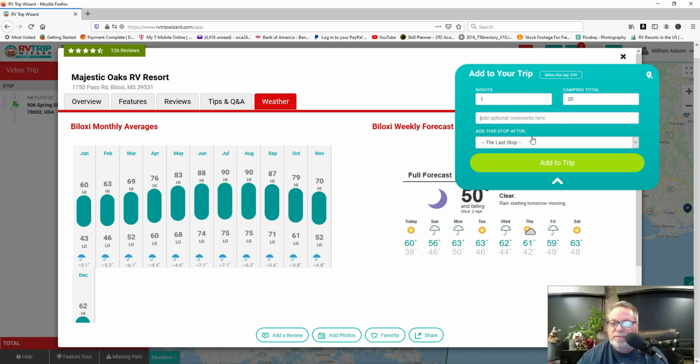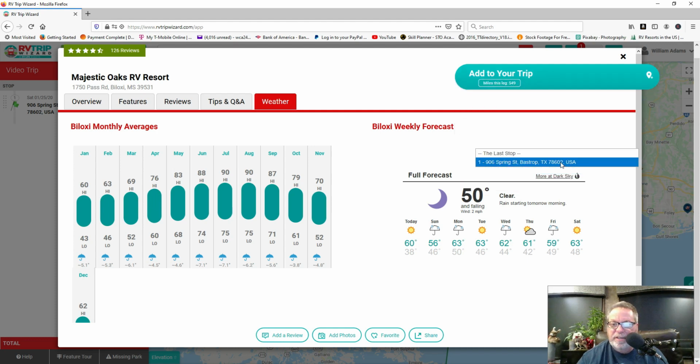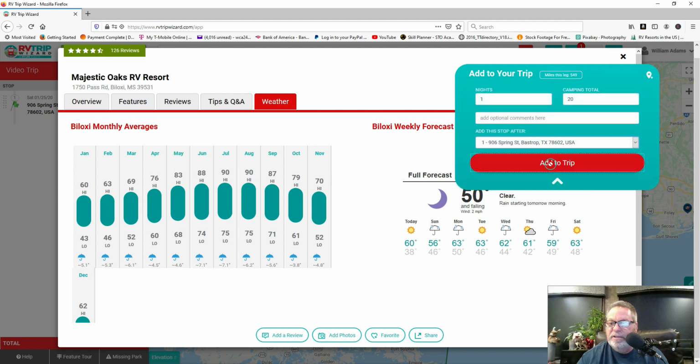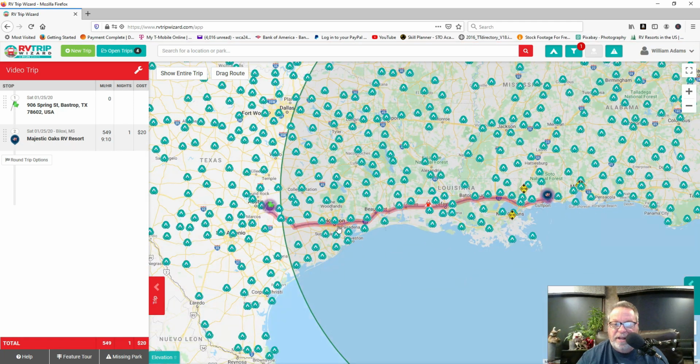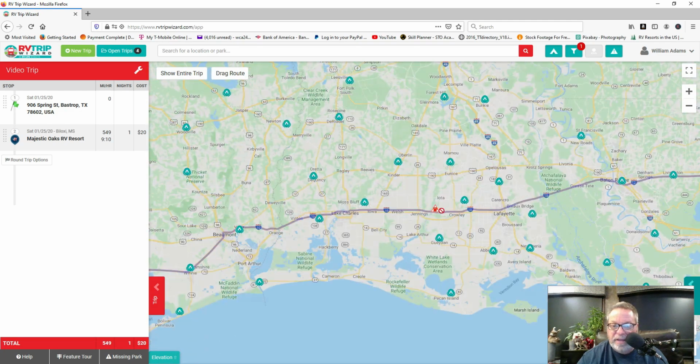Additional comments if you want them. Add it after the last stop. You have options to add it after this one, which is what we're basically saying anyway, and we're going to add it to the trip. Now look what's happened. It routes it out for you, avoiding all of the places that we warned you right here. Hey, time for gas,